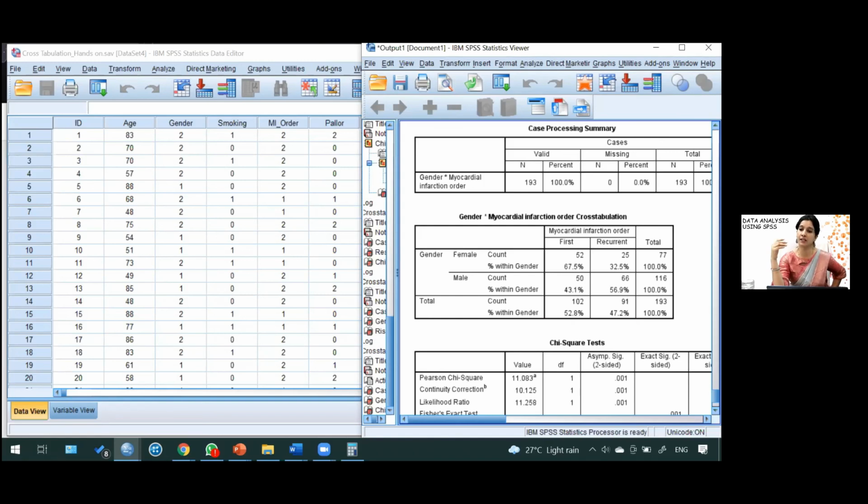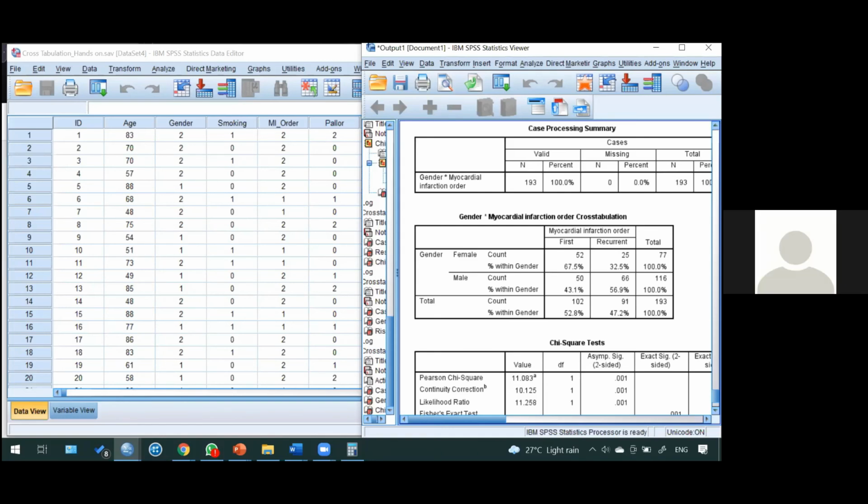Now there can be another study where you take a fixed number of MI cases from two different populations, and if you want to see whether the percentage of male in those two populations is similar or not, it can be done. So it depends on your research design, which population you take and which proportion you want to study. It is all about the dependent and independent variable. The moment you put your dependent variable in the column, it is the row wise percentages which are important for you.